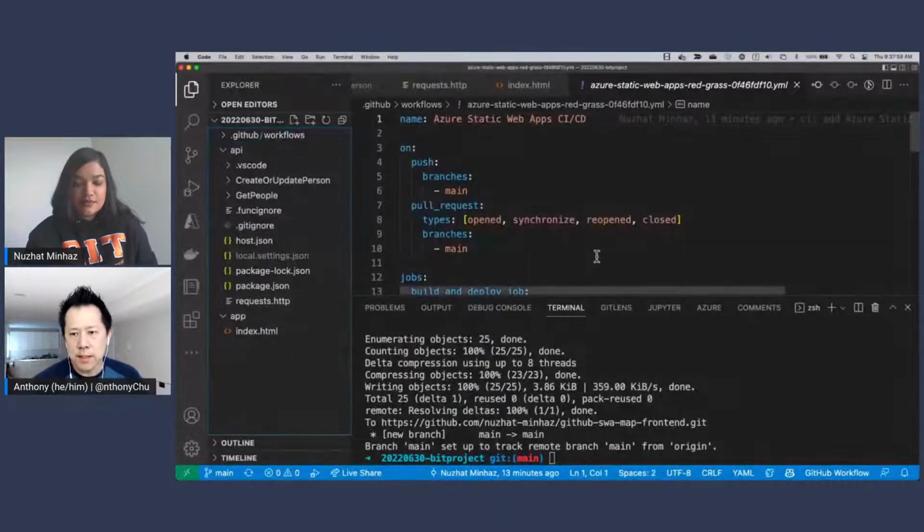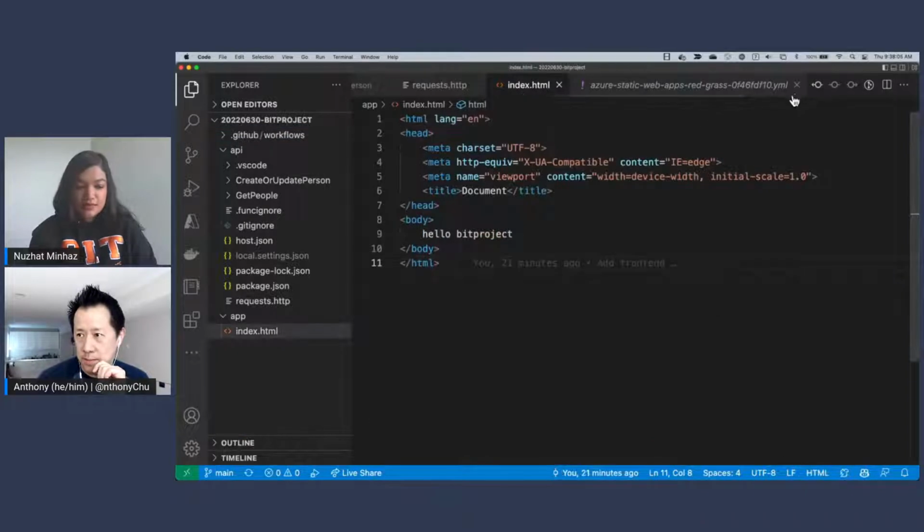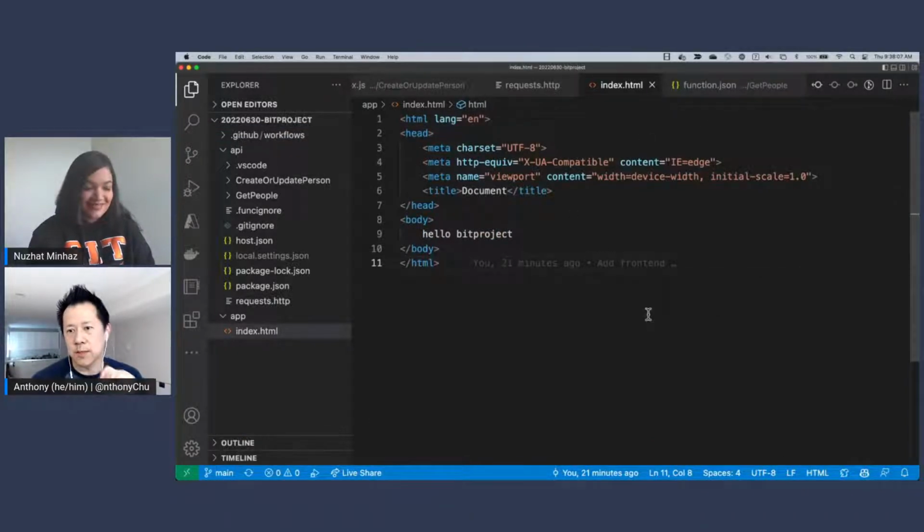What am I doing? Okay, so I have the app here. I'm actually going to pull down the latest changes in the repo, and the latest changes would be basically the addition of this workflow file that was already created for us. So now I have the latest, and what I want to do is turn this really boring HTML file